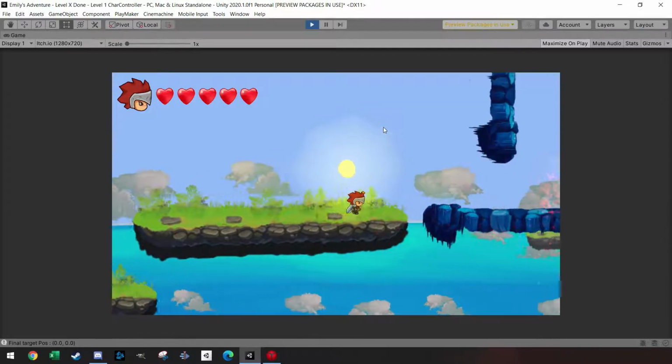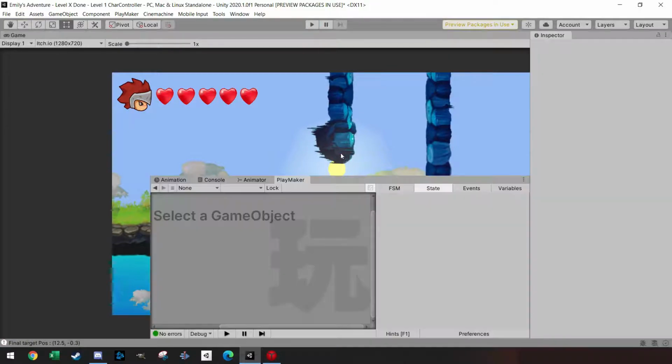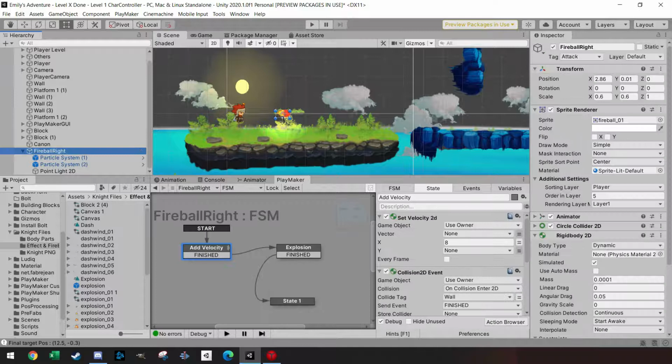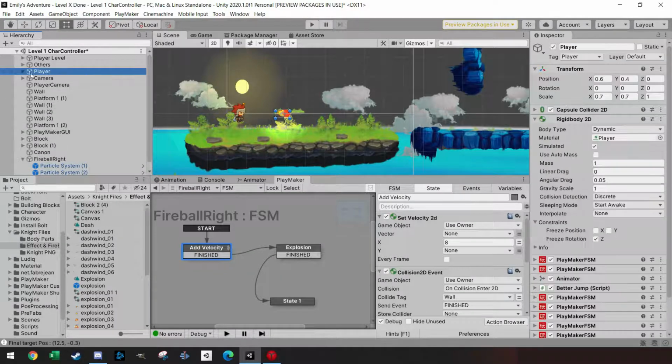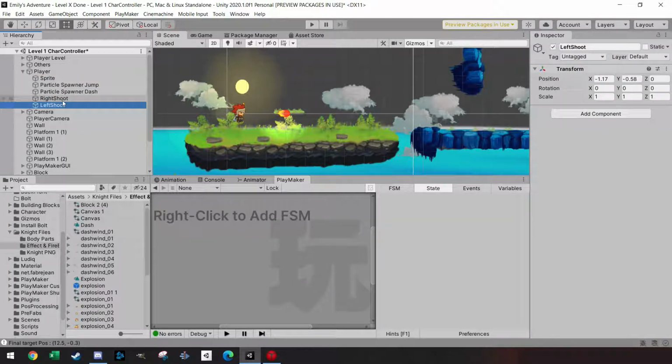This one is, and then it exploded against the wall. We couldn't see it. But the moment I spawn this fireball, then it will just start flying. And that's why we need the direction of the player, if I'm facing right or left. What else do I need on the player is a shoot right and shoot left. So what I did is just create two objects, one to the right side and one to the left side,